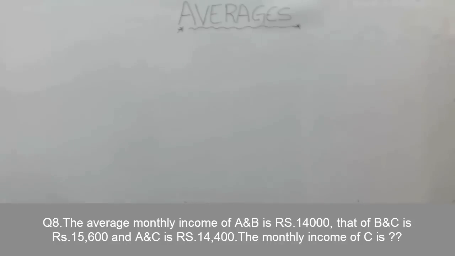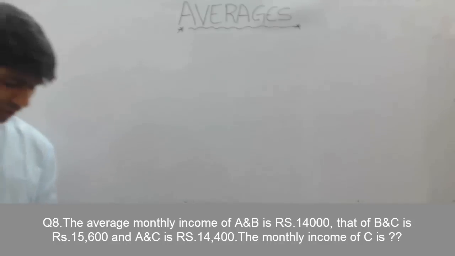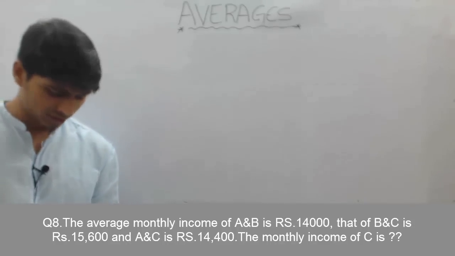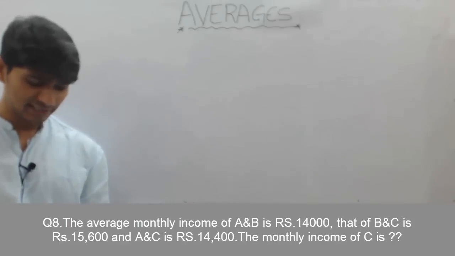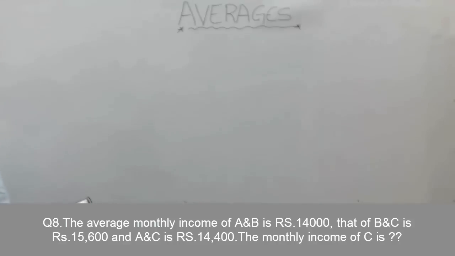So this is a quite interesting model. Here the average monthly income of A and B is 14,000, that of B and C is 15,600, and that of A and C is 14,400. Then the monthly income of C. He has given that the average income of